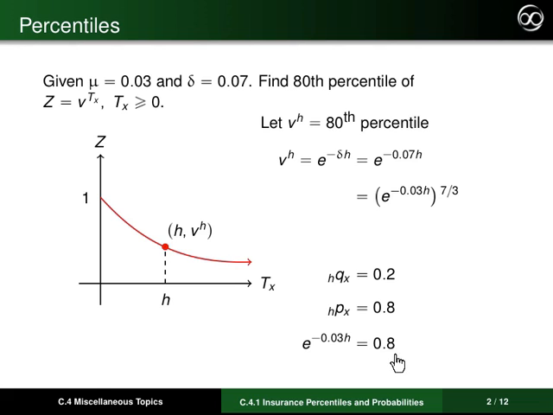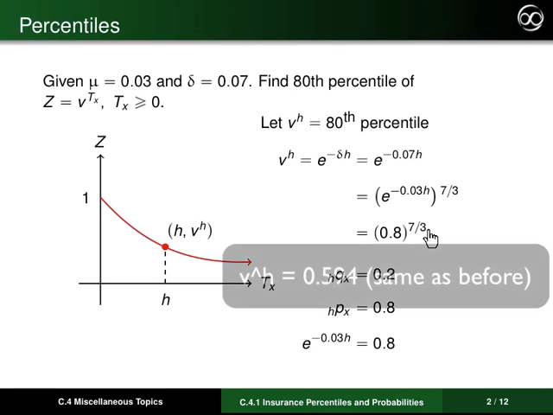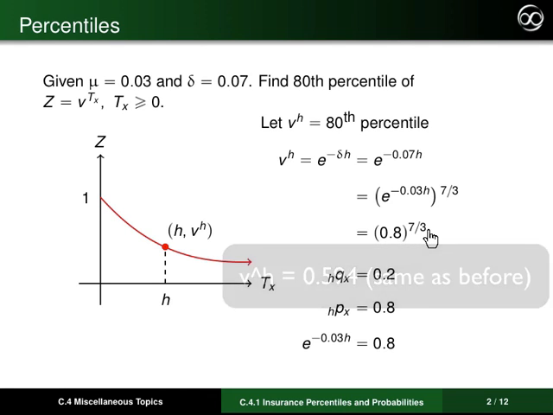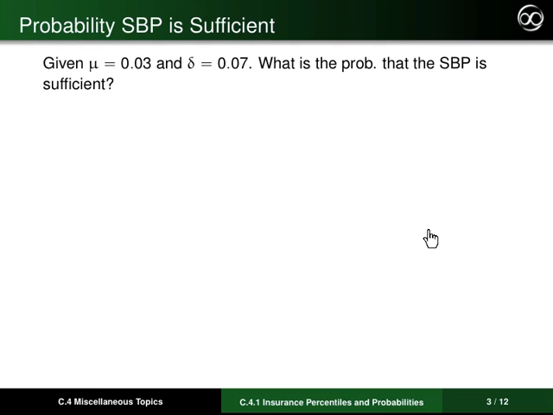Now, e to the minus 0.03 H is 0.8. So this is just 0.8 to the 7/3. So crunch whatever that is on your calculator, and that is my 80th percentile of whole life insurance. Okay. So what